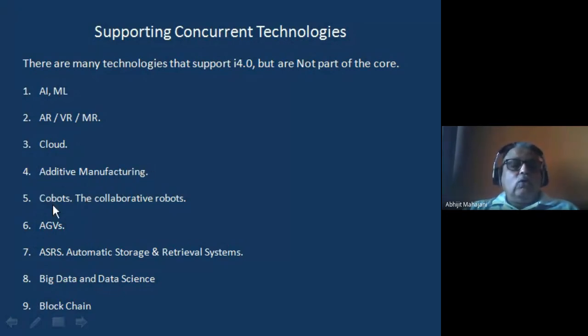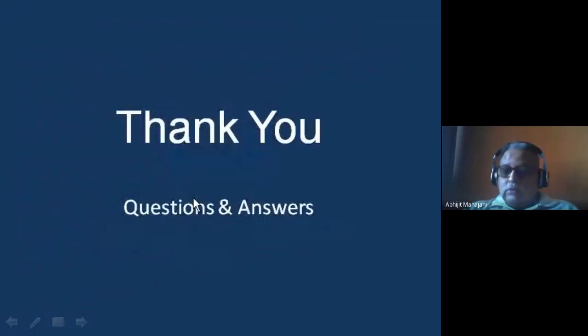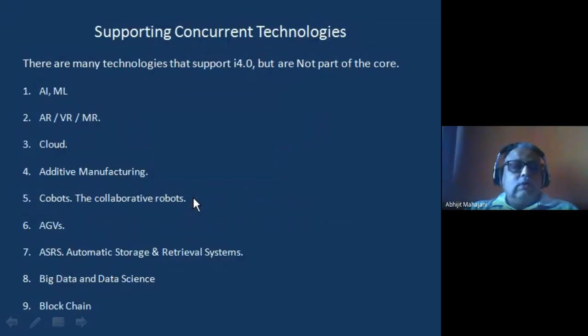Then there are cobots, collaborative robots. They work together with humans. Cobots are something that work together with humans. They have sensors which can sense people around. They can sense forces applied to their arms, and they can stop them